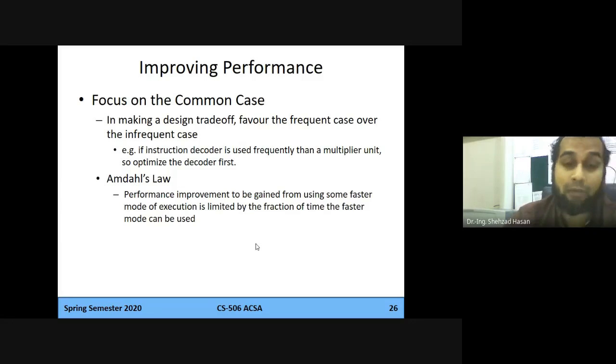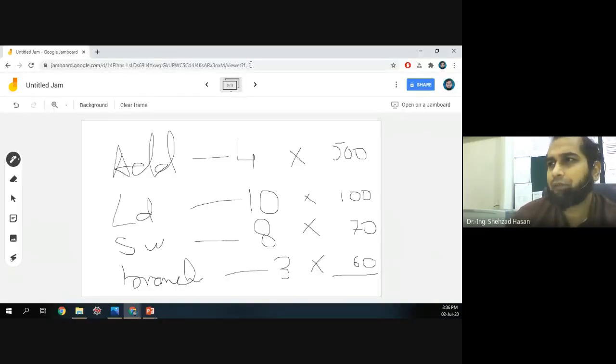Then we have another way to compare performance. We call that Amdahl's law. So Amdahl's law states that the performance improvement to be gained from using some faster mode of execution is limited by the fraction of time that faster mode can be used. Now, what do we mean by that? So I'll just go through that once more. Performance improvement to be gained from using some faster mode of execution is limited by the fraction of time the faster mode can be used. Okay, so I'll come to that. So when you're talking about Amdahl's law,